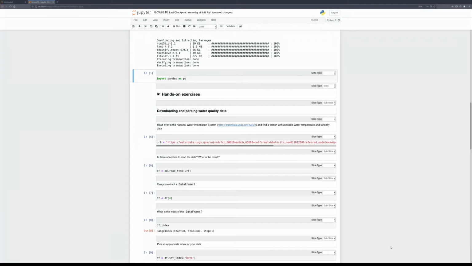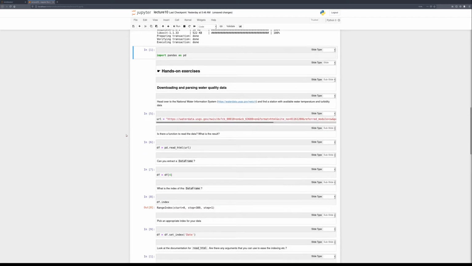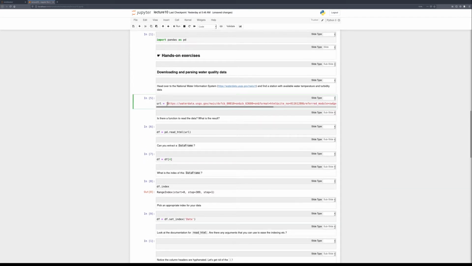In this video, we'll continue with the hands-on exercise from Tuesday, looking at some of the functionality of Pandas. And after we import the module here, let's just go and download the data, some water quality data. Now, one thing that's happening is that with this URL here, we use the read.html function